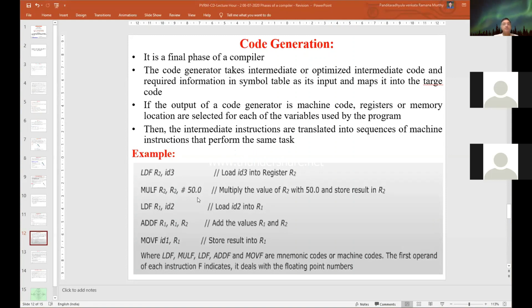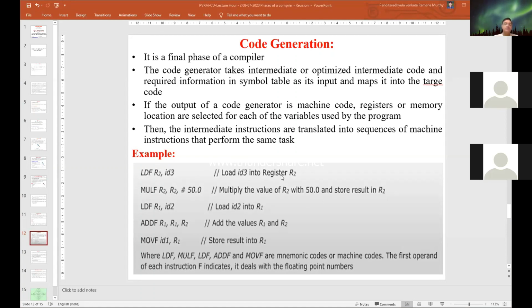Similarly, we need to perform another operation. We need to save the 50 in another register. Then you multiply this value with the previous value in R2 and store the result in R2: multiply the value of R2 with 50 and store the result in R2.